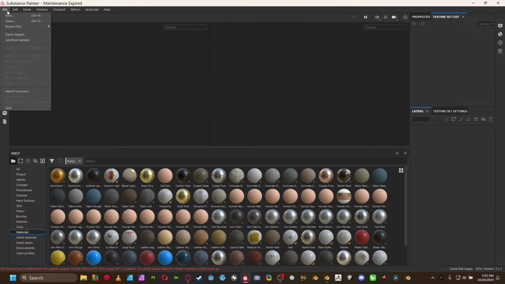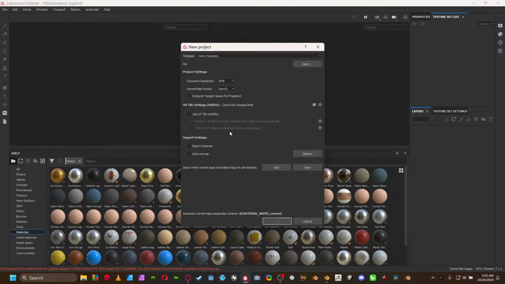So what we're gonna do is, first of all, click here on New, and in here you have a lot of settings. You have your main resolution that you're gonna start working with. You can start working in 128, but this is a pretty big bunch of assets. If you're gonna work on something that is gonna appear pretty far from the camera, no more than 512. But I'm just gonna start working on 2K. This is non-destructive work. And first of all, you need to understand that if you're gonna work on Cycles, Arnold,